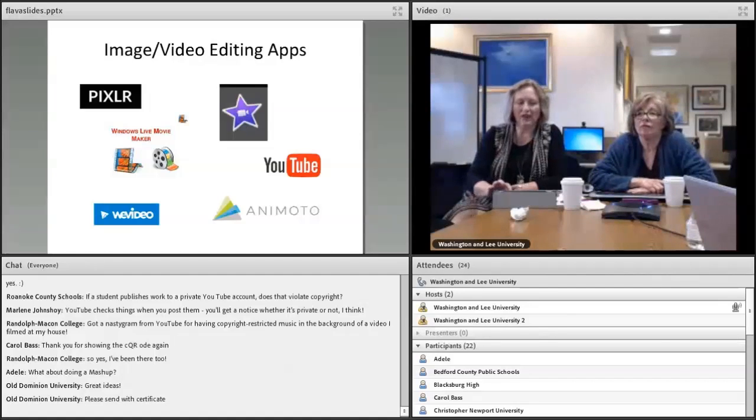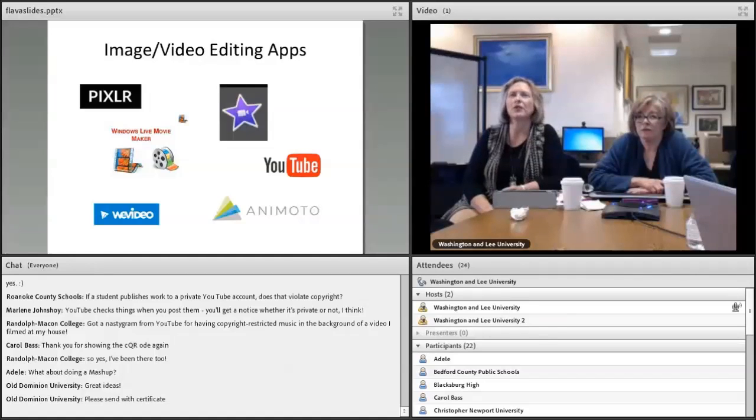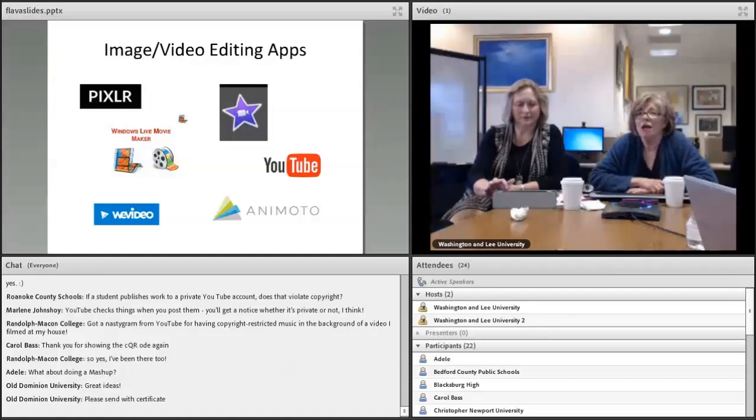Now some of these tools do require a subscription of some sort. I believe with Pixlr, some of the versions, depending on whether you're using the app or the desktop, require a subscription, but not all of them. Pixlr has an Express version, which is free, and then the more sophisticated one requires a subscription. If you don't have Adobe licensing anymore for something like Photoshop, this is a really good substitute.